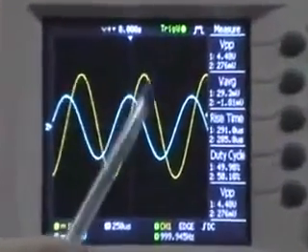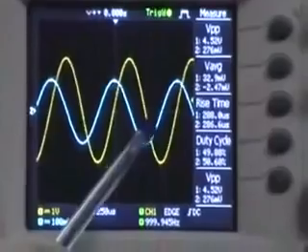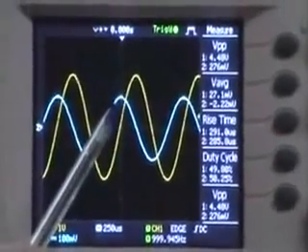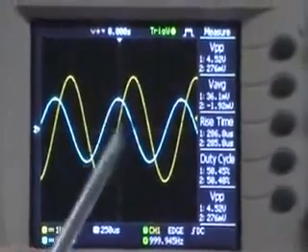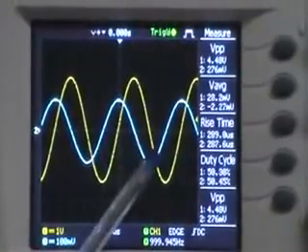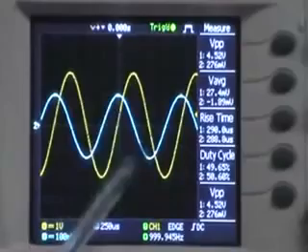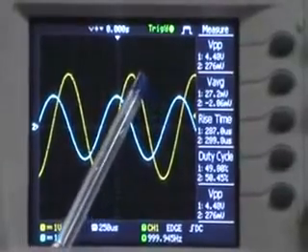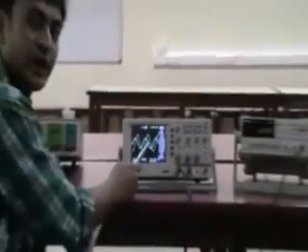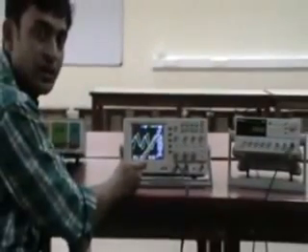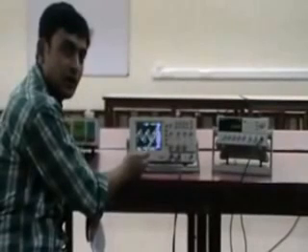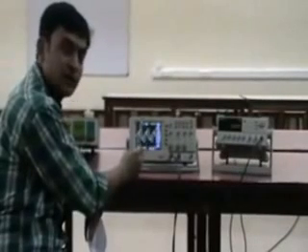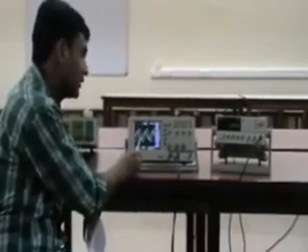The yellow one shows V0, the blue one shows Vm. We can see a phase lag of 90 degrees between V0 and Vm. That comes due to the presence of the capacitor in this circuit. Now again we will change the frequency as given in the manual, and we can observe the change in the waveform displayed